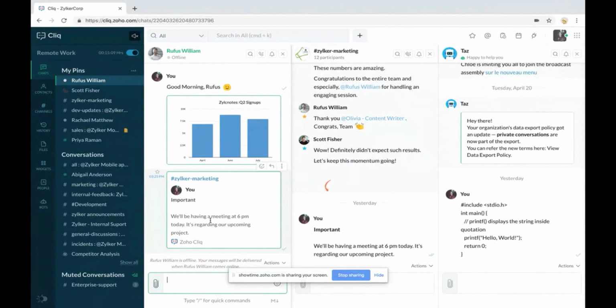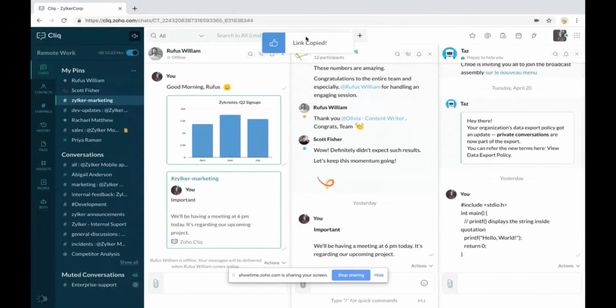A pro tip here, if you want to quickly copy a message URL, you can also do so by clicking, as you can see under your profile in every message, there's a time that's displayed. By clicking on that also, you can copy the link instantly. This is just a pro tip in between our 19th feature.